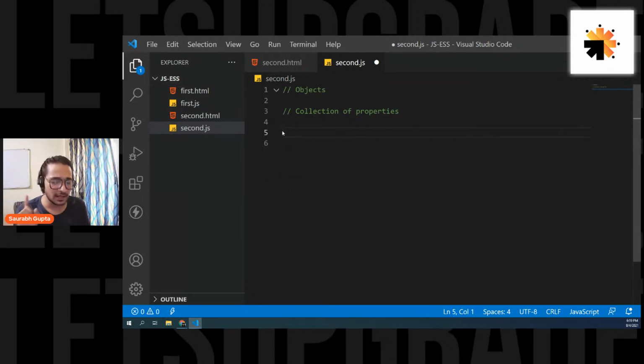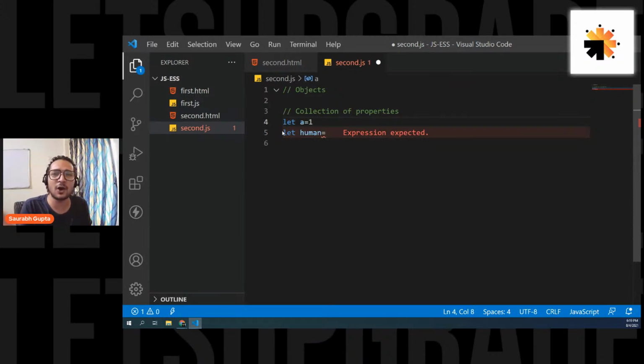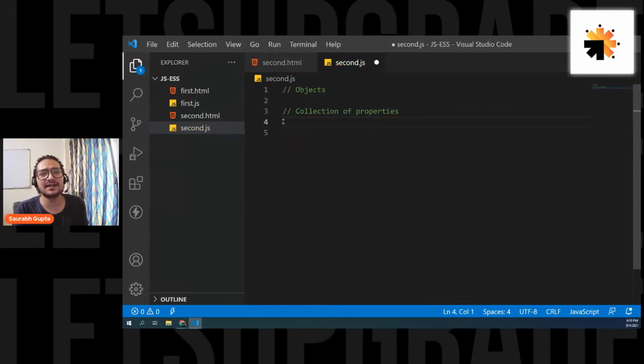Okay, simple. Now I also want to show you how to actually work with it. Equal to after human, yes, you have to, because normally when you do it like this, human is like a variable in which you're storing an object. So you need equal to for assignment, just like let a equals 1. You're assigning an object to this human variable. Is that clear? I'm going to tell you how to access. Don't worry. Now let's create a simple object just to understand how to access and use those properties.